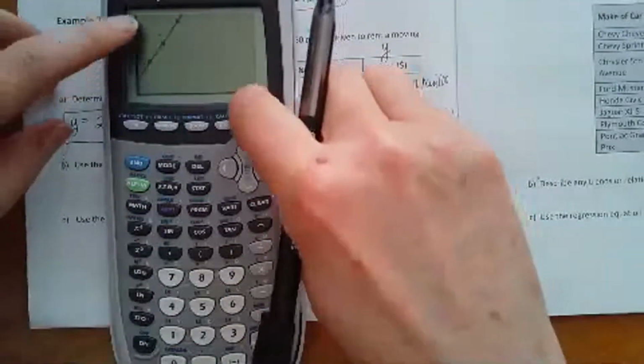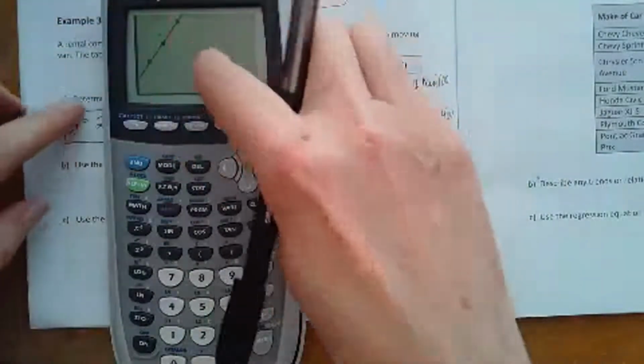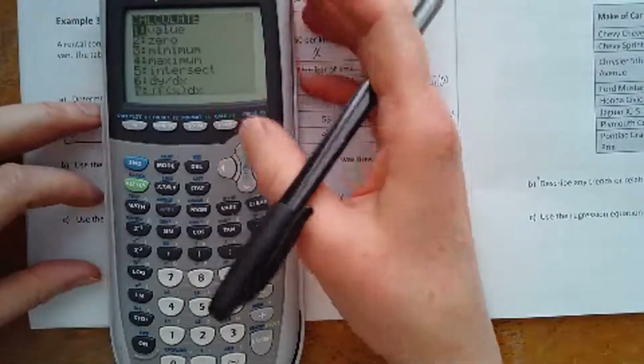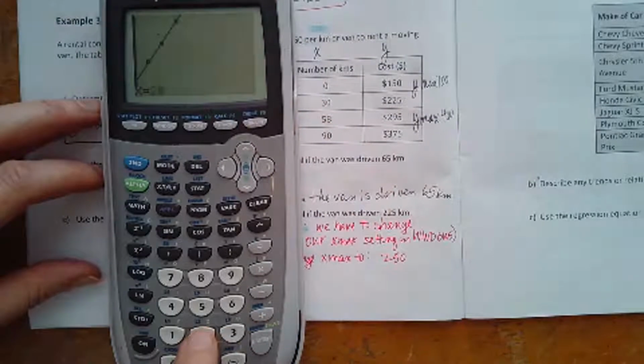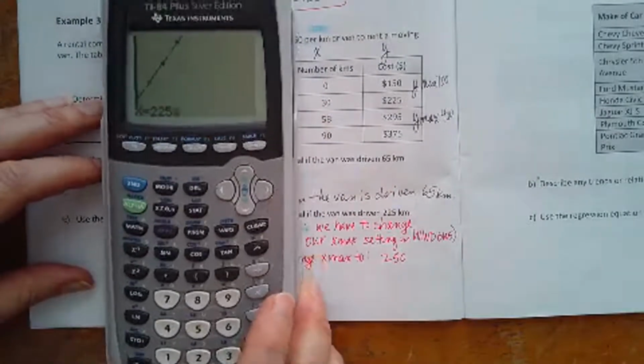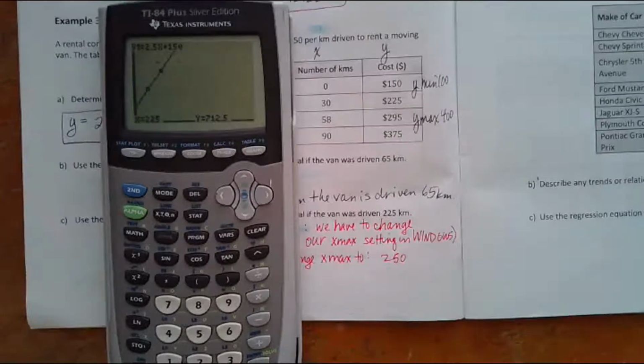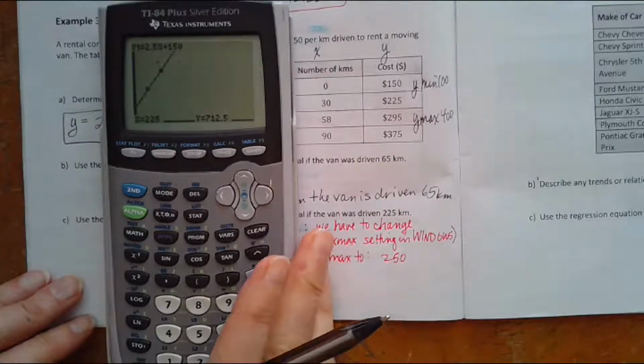Anytime you change your axes, it's going to make the graph steeper or shallower. Let's try this again. Second calc value, 225. The last time I got an error message, right? This time I actually get a cost. So most of the errors aren't really errors, especially if you get it halfway through a question. If you've been answering the question correctly without any errors and all of a sudden you get an error, it's probably due to your windows. Okay, so